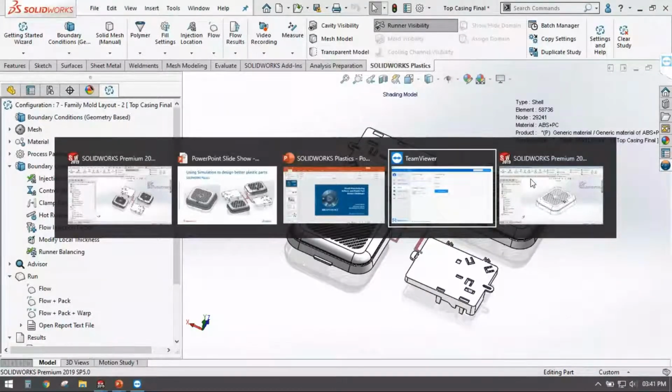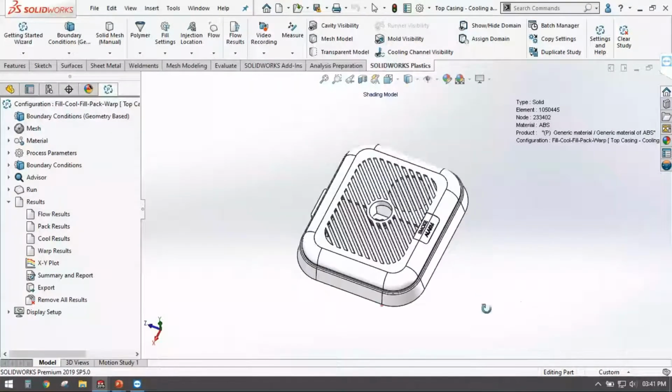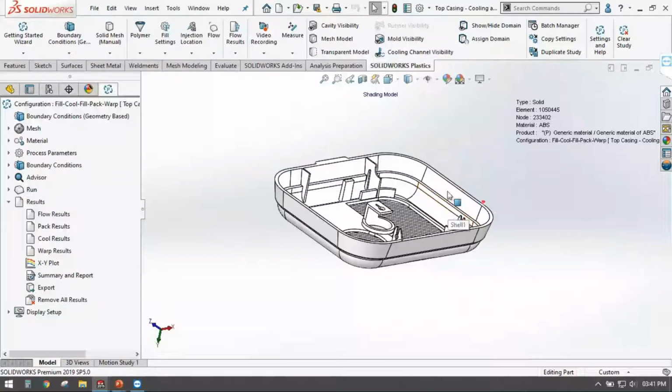Now, going ahead to the next set, we also have the option to check the volumetric shrinkage. Warpage is one of the biggest headaches for most injection molded part manufacturers.